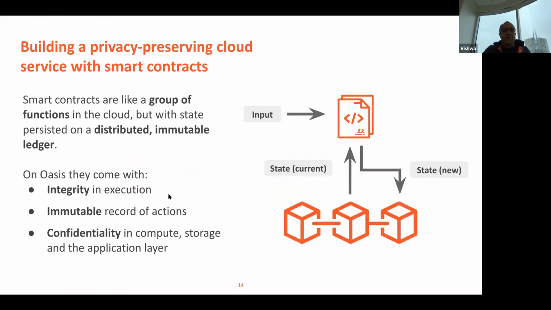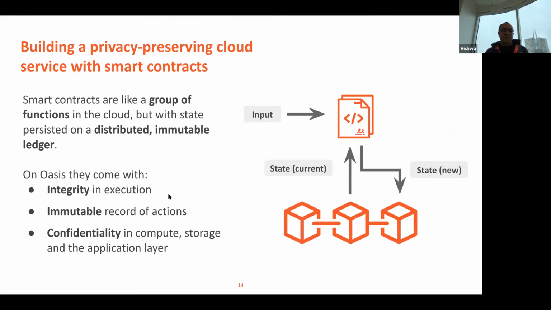Moving on to building on the Oasis platform. If you think about smart contracts, you can think of them as state transformers. What we mean by state transformers is that there is a particular state that is persisted on the blockchain. Every program has state associated with it, which is persisted. Each time you execute a transaction, a method in your program is going to get called, and the method may change the state of that program, which means that it may propose a new state to be committed to the blockchain. So in that sense, contracts are state transformers. Given a state, they propose a new state to the blockchain.